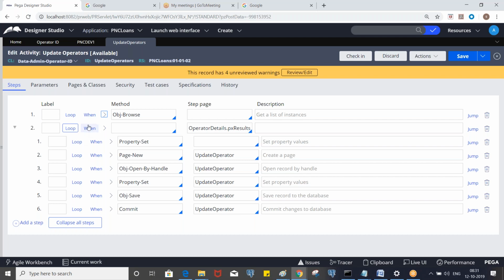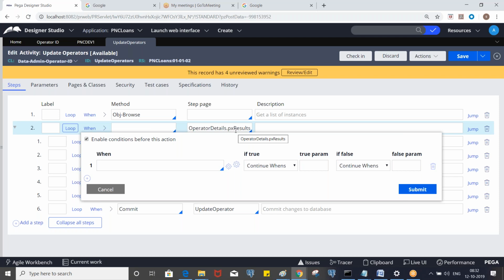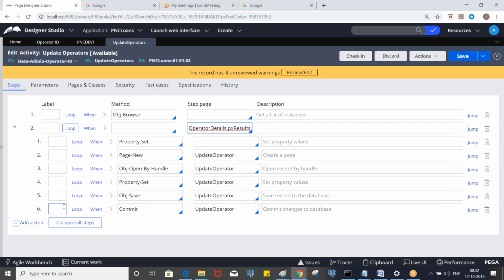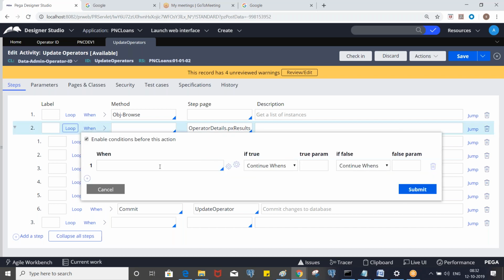In that case, what we can do is, if the px result count is less than 1 or equal to 0, you can directly go to some step where we can update it. You don't need to go inside the loop because you don't have any count, so go to the third step and display a message saying that no records found. Clear?